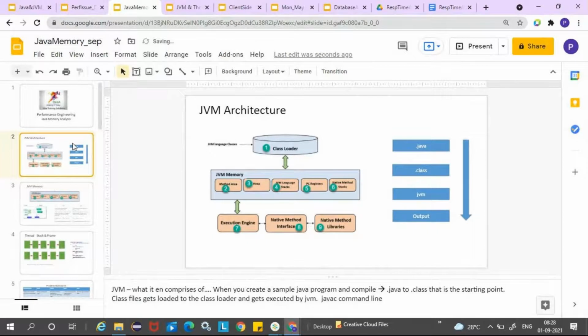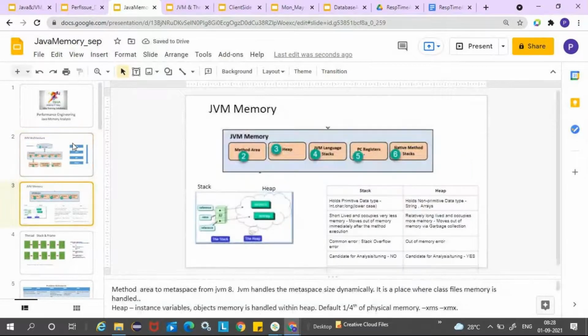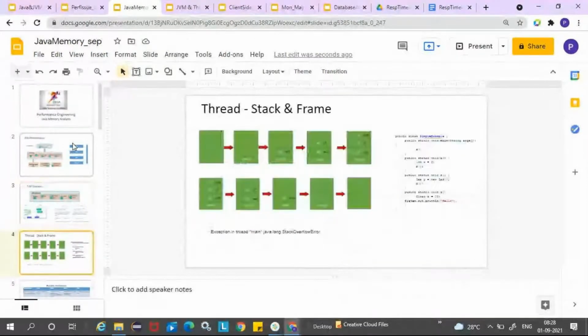What are the differences between stack and heap? How are the stacks loaded with the variables, how is memory allocated and how is it deallocated? We'll also look at an example program for a stack overflow error. We'll create that stack overflow problem and then see how to fix it.